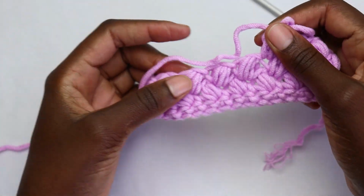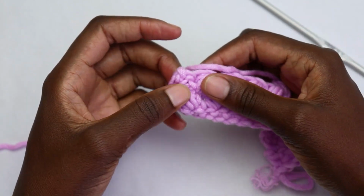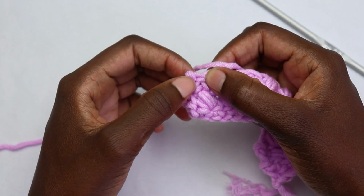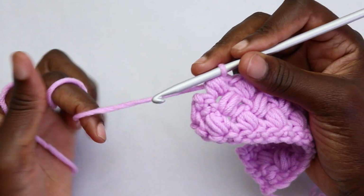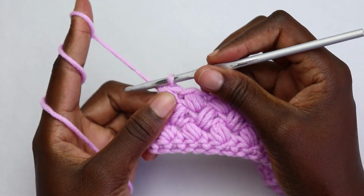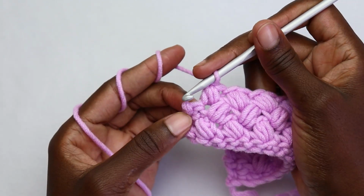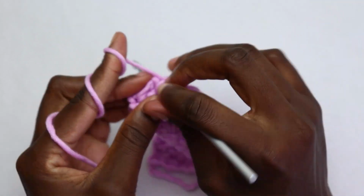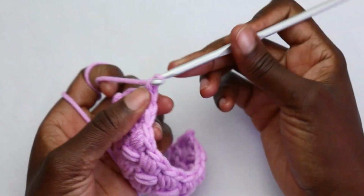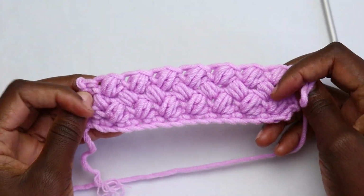So you're also going to repeat that all the way, working your bean stitches in these spaces until you finish your last bean stitch. Then we'll finish off the row with a single crochet stitch. I went ahead and finished my bean stitches, and remember, after the last bean stitch, always chain 1, then finish your row with a single crochet in the last single crochet stitch. Chain 1, turn your work,